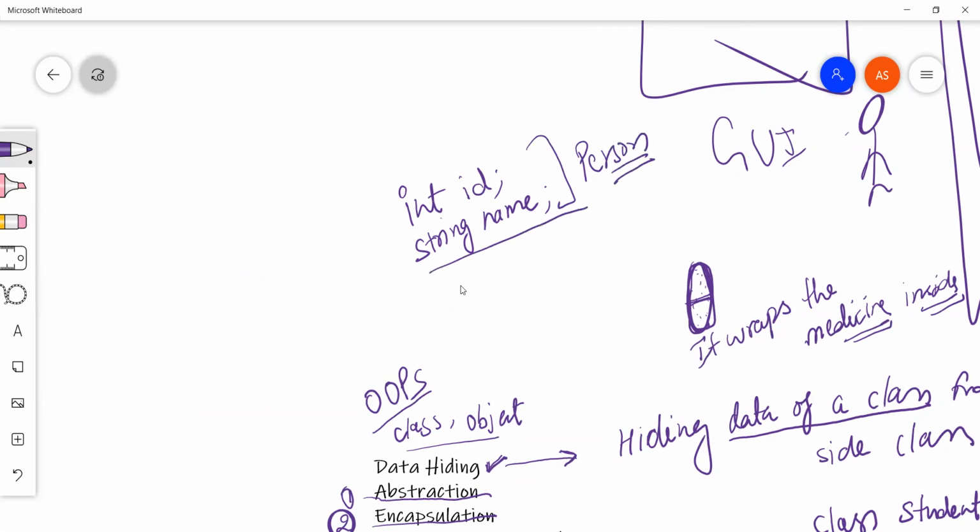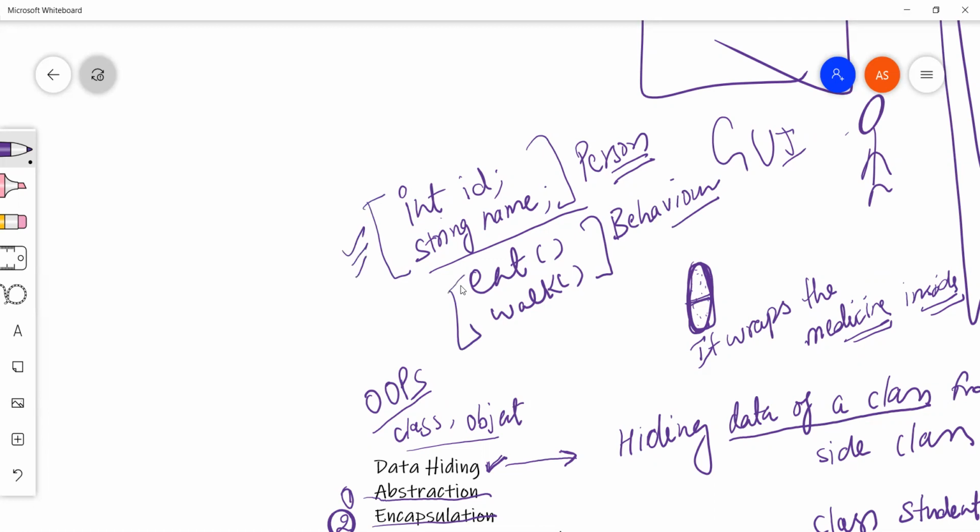There would be some behavior related to this person, let's say eat, walk. These are behaviors for this person. So encapsulation is basically wrapping up your data and the behavior together.